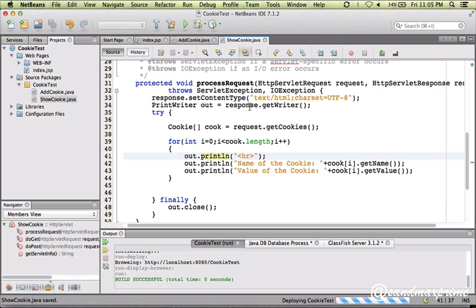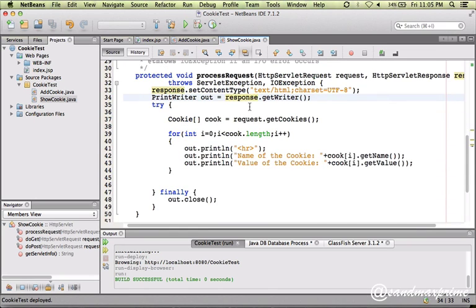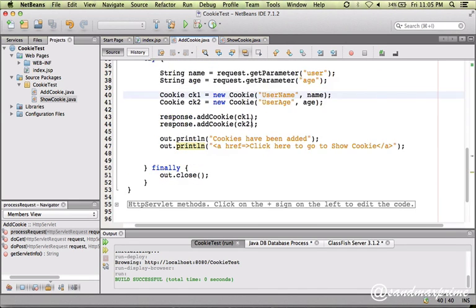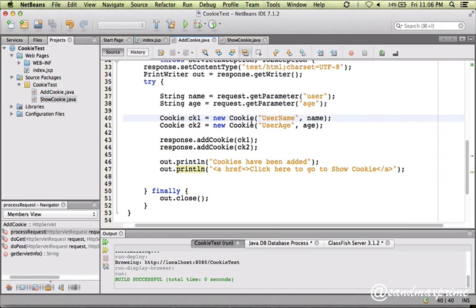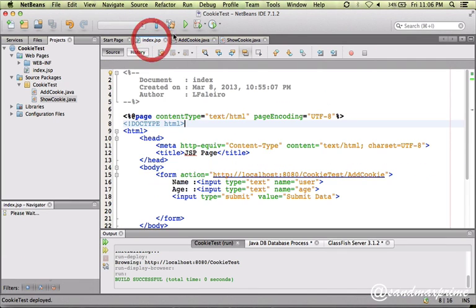So show cookie is done. Since I'm giving a link to show cookie, I need to give a link over here. If you've seen, I've put a href before. I'll just paste the earlier thing, show cookie. All right, so if I run this project again,